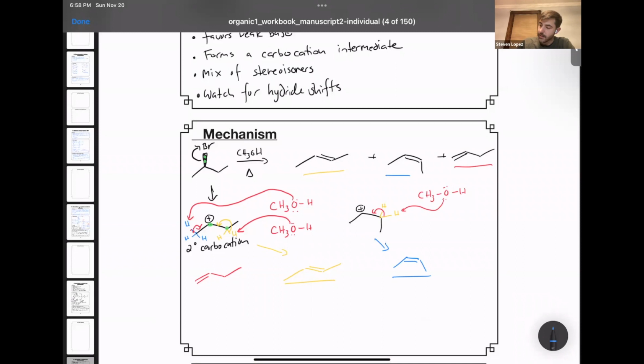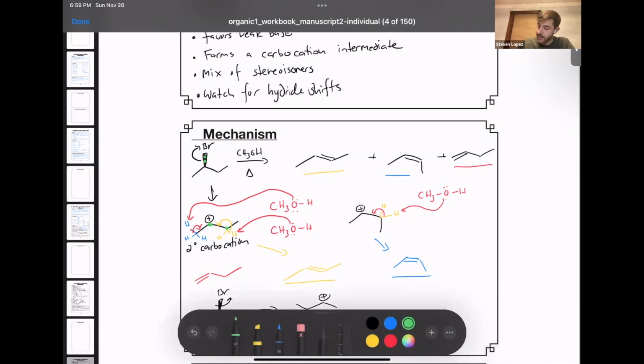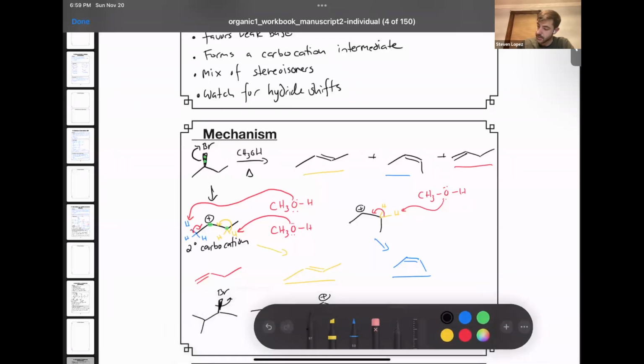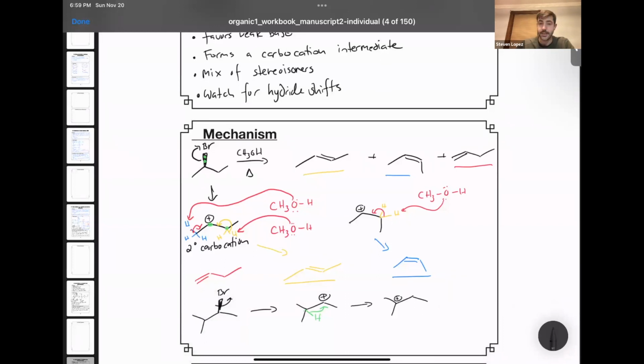Showing an example now that just covers the possibility of a hydride transfer in an E1 mechanism, we again have a secondary alkyl bromide. And in the first step of the reaction, just like all E1 reactions, the leaving group leaves, and we end up at the secondary carbocation. Recognizing that you have a hydride here in green that could transfer to that carbocation will lead to a tertiary carbocation, more stable than the secondary carbocation, so the shift will happen.